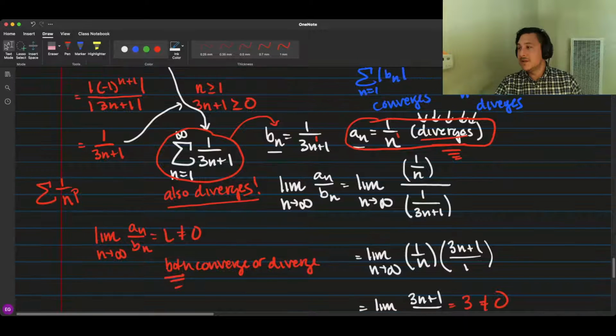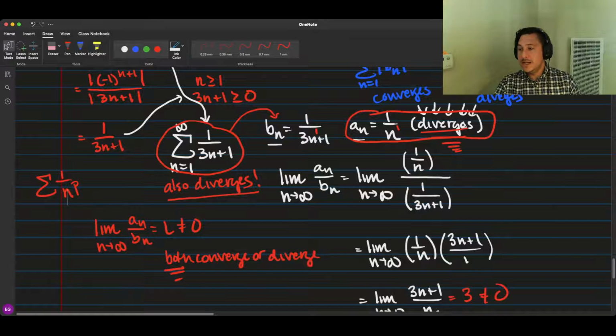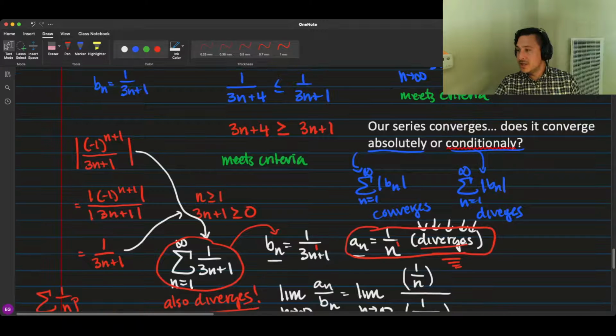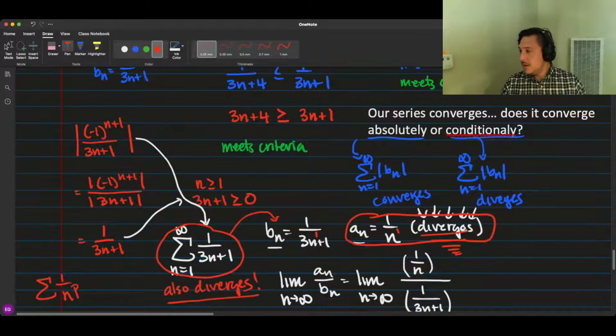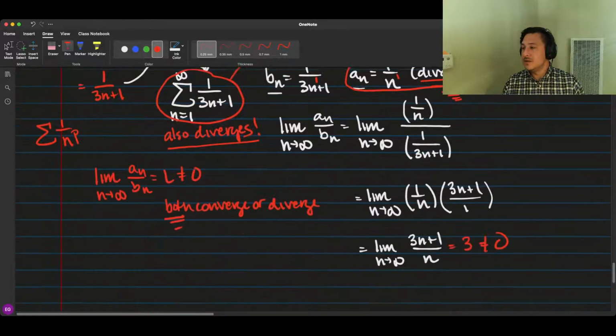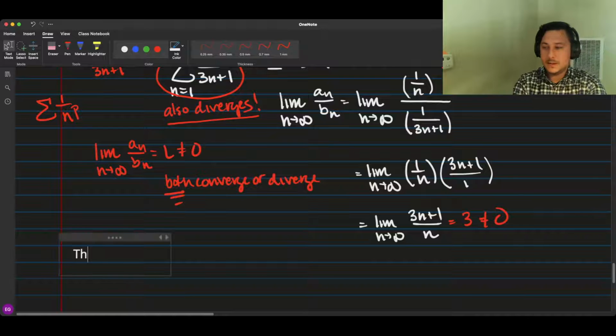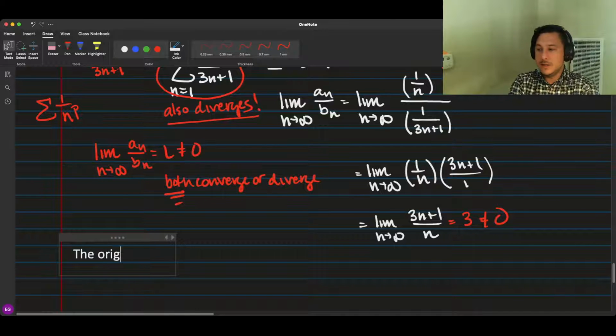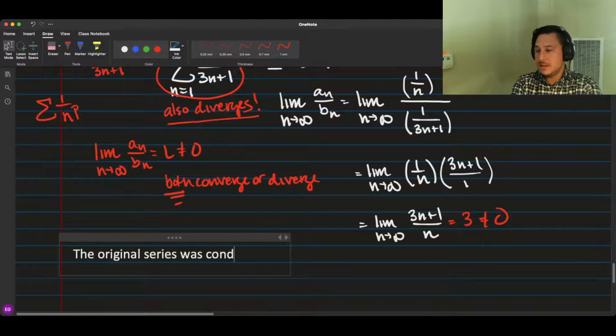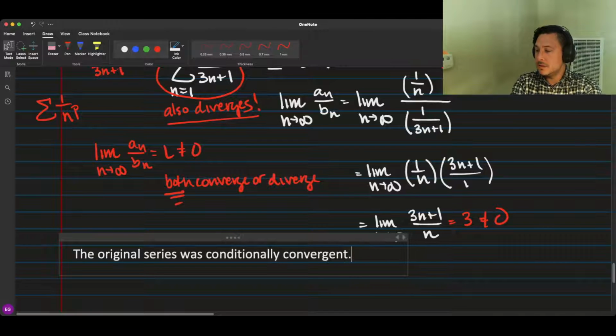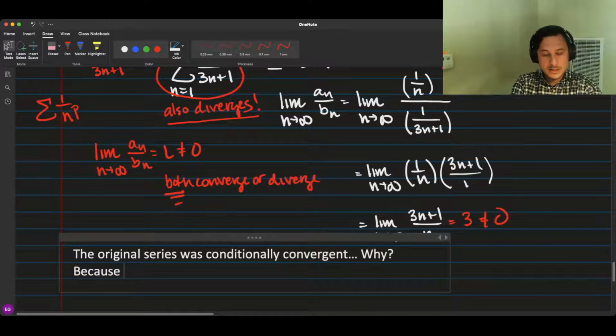So hopefully you can see how this works. Because this series diverges, we now know that when we took the absolute value of it, it diverged, which means that the original series was conditionally convergent. So the original series was conditionally convergent. Why? Because,